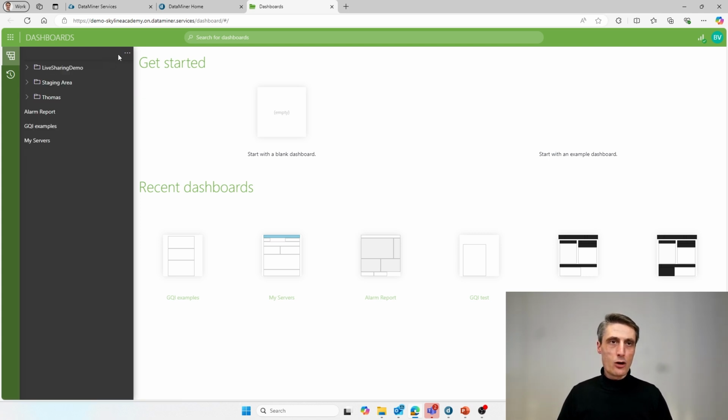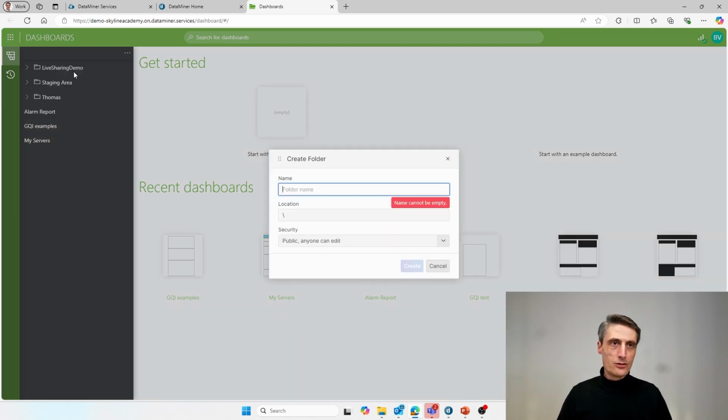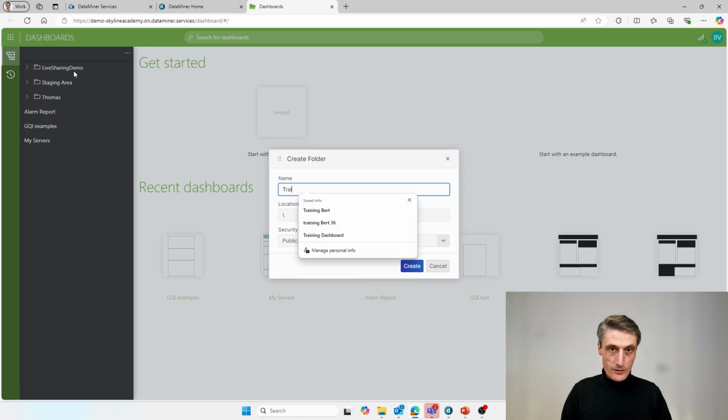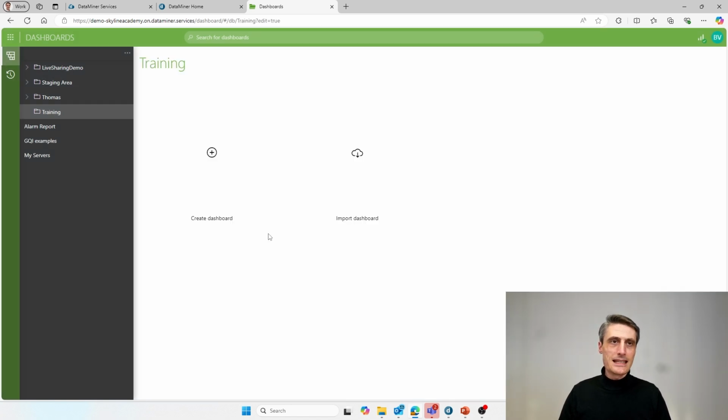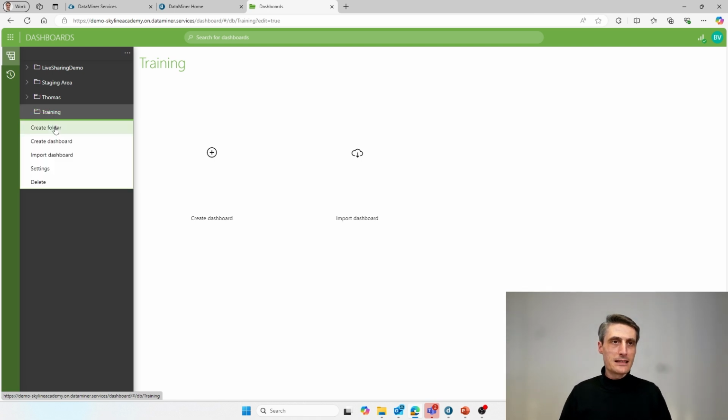But I want to create my own new folder. So I'll go for the three dots in the upper section there to go for a create folder, and I'll give it the name training. And it's just underneath the root. Yes, it's a public folder. Okay, create. Yes. So this folder is now available for everybody, and I'll create that new dashboard in there,